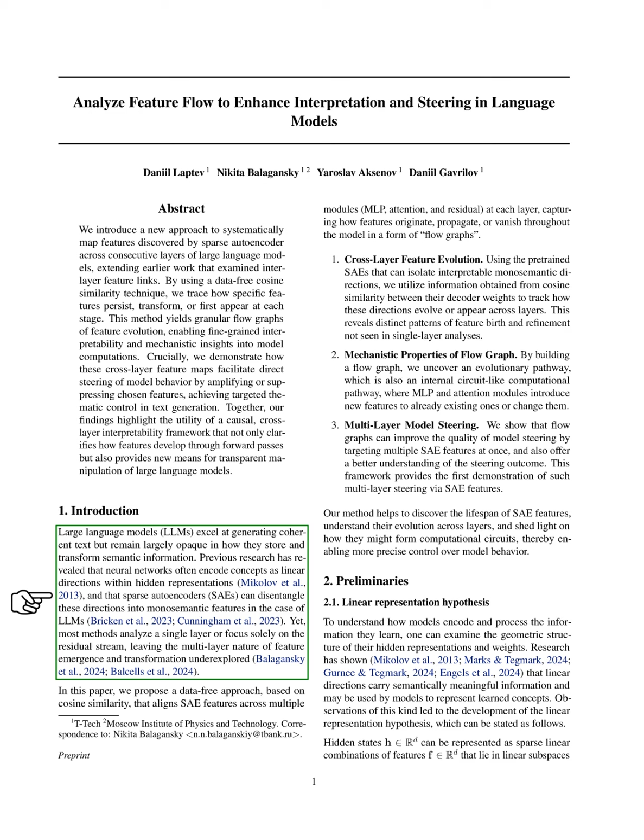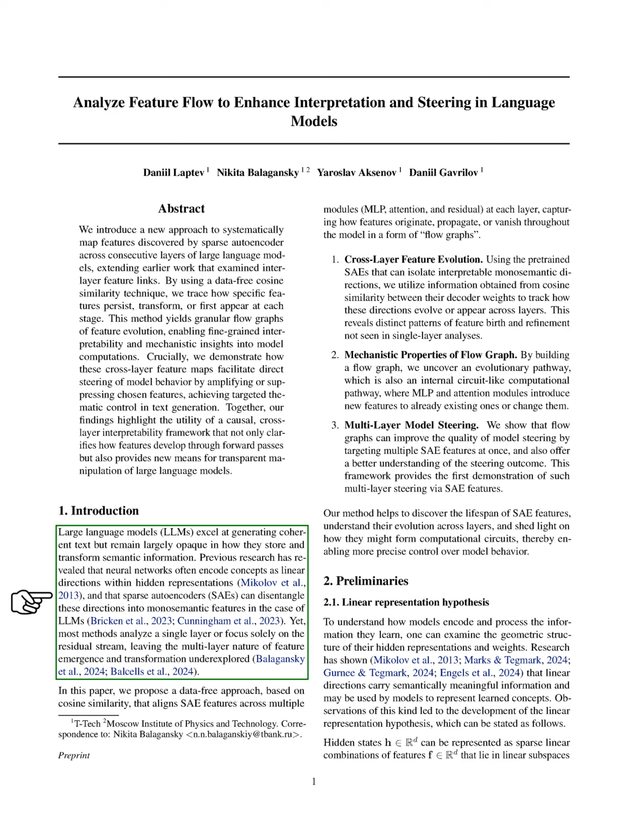However, most existing methods focus on just one layer or the residual stream, leaving the multi-layer aspect of feature development and transformation less understood. We propose a data-free method that uses cosine similarity to align SAE features across various components, such as multi-layer perceptrons, MLPs, attention mechanisms, and residual connections at each layer. This approach allows us to visualize how features are created, change, or disappear throughout the model, which we refer to